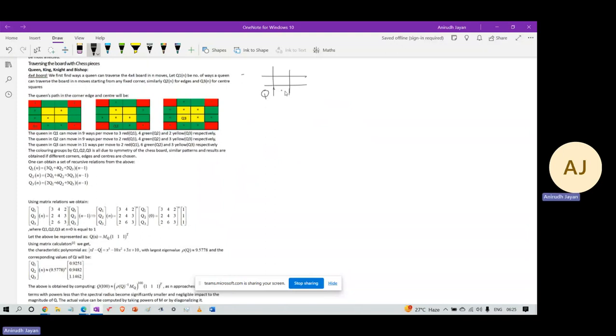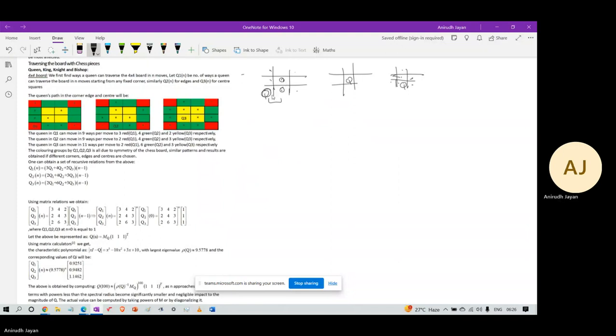A queen moves in 6 different ways from the corner, and it moves in 8 different ways from the center. In the edge, also it moves in 6 different ways. So we have 3